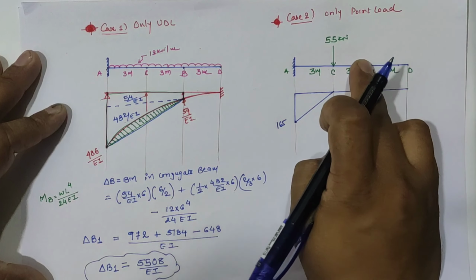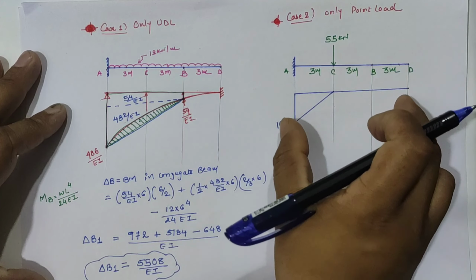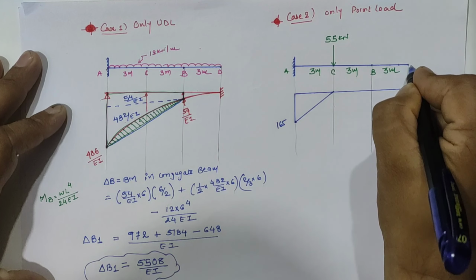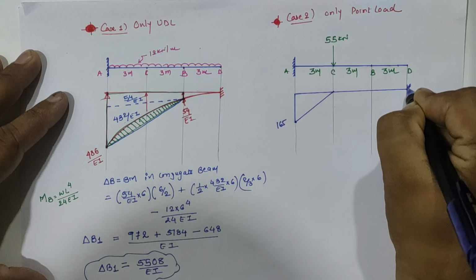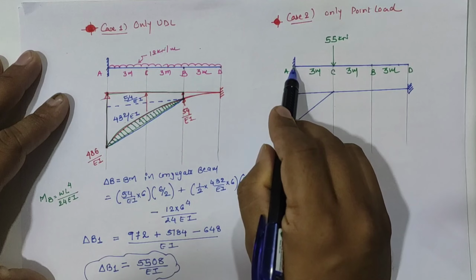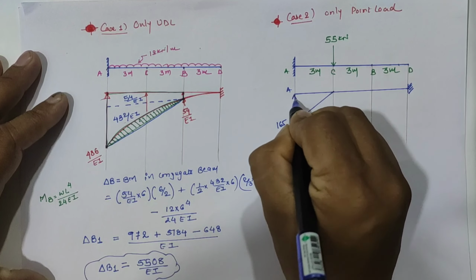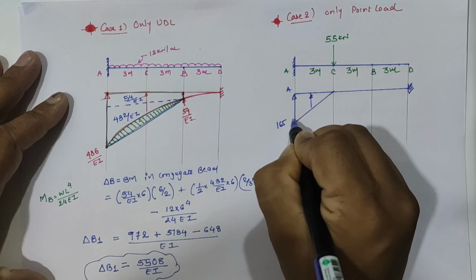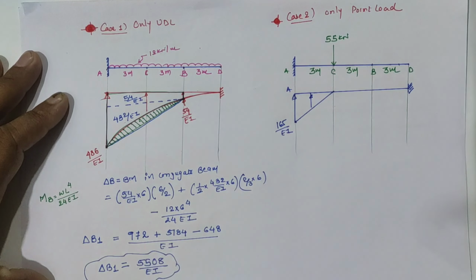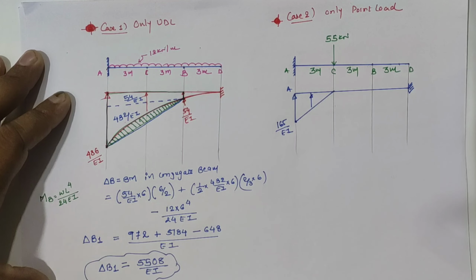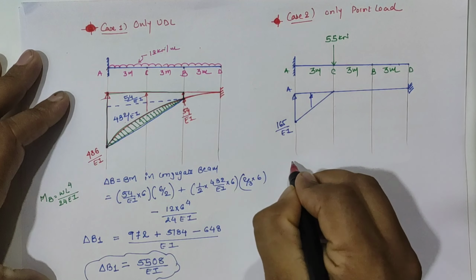We have to convert this release structure into a conjugate beam. Hence support D, which is free, is fixed in the conjugate beam, and fixed support A is free in the conjugate beam, and the M over EI diagram gives the loading of the release structure. Now if we calculate the delta B2,